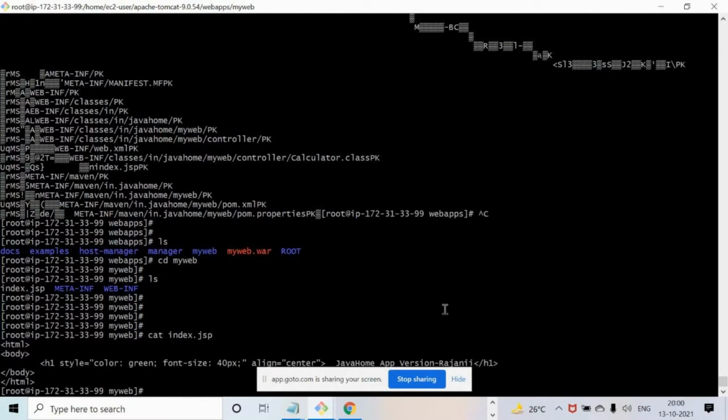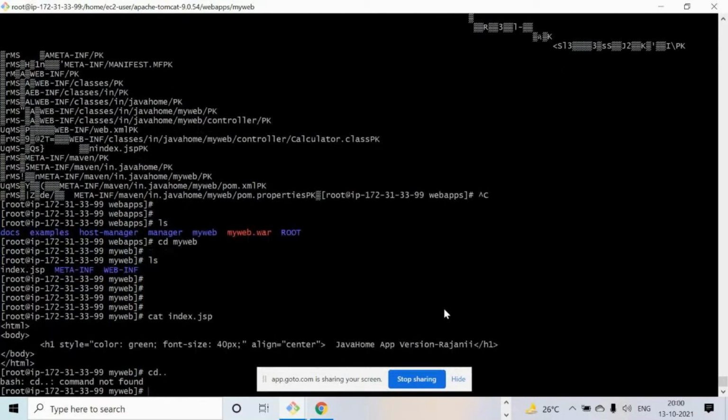Index will redirect to the targets to show the output, which is running, whether a dynamic code or static web hosting. Whatever it may be, it will redirect to the target. So this is how we can run.